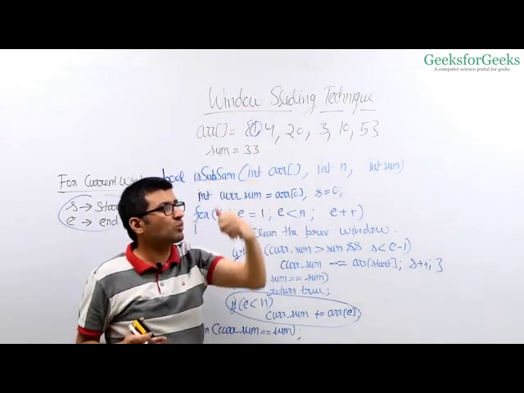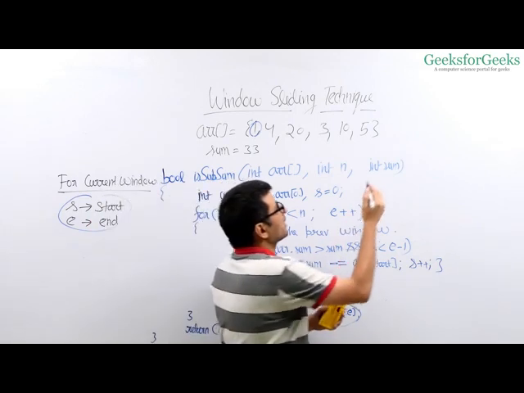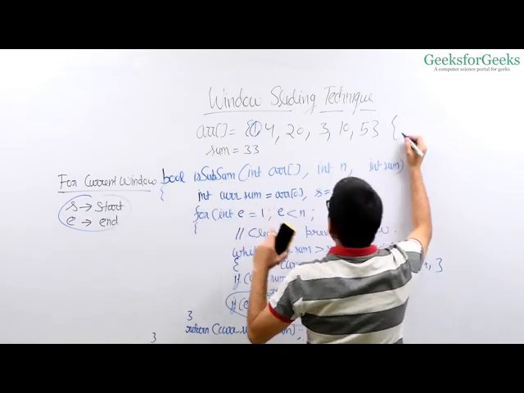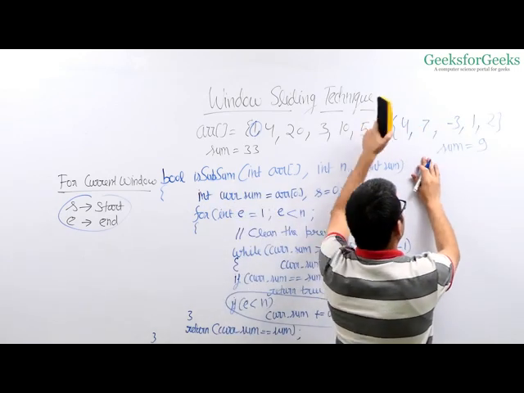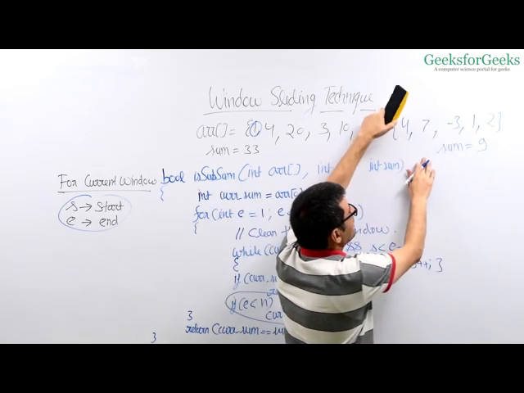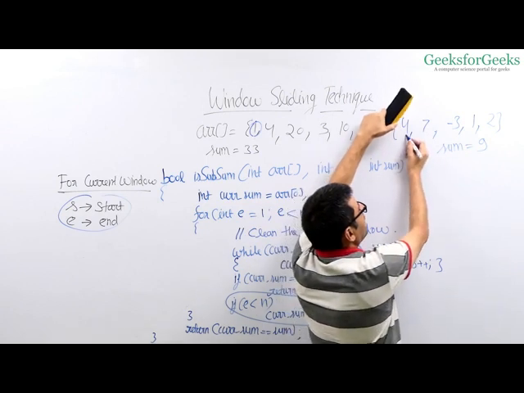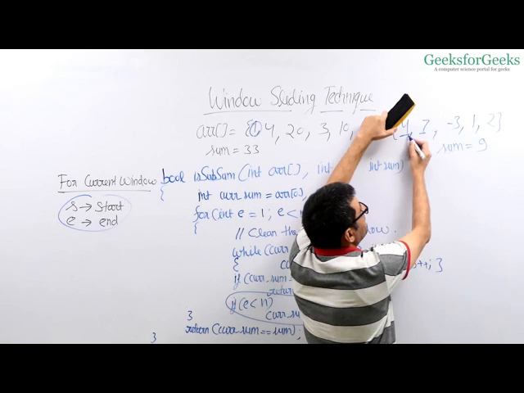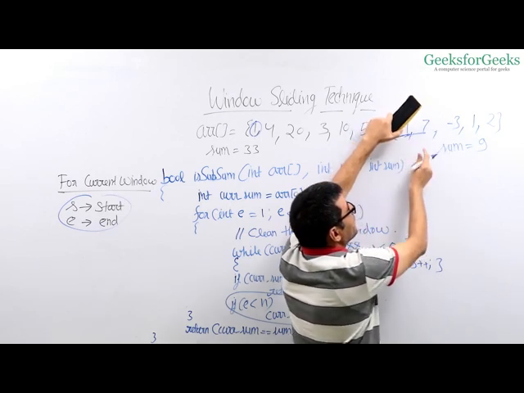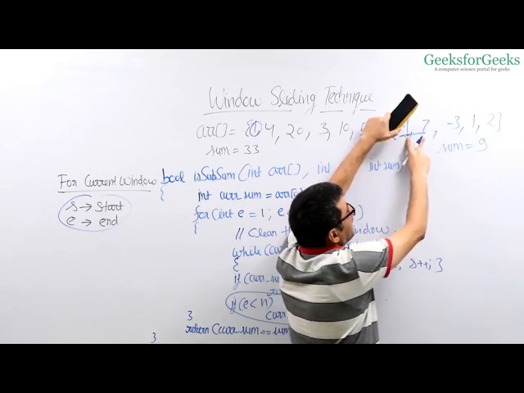This approach cannot work for negative elements. Let's take an example of negative elements where this approach does not work. Let's take a look at this example. What happens here? We'll compute the sum of the window as 4. Then we'll include this element. We'll get the sum as 11. So when I get the sum 11, I'll remove this 4, right?